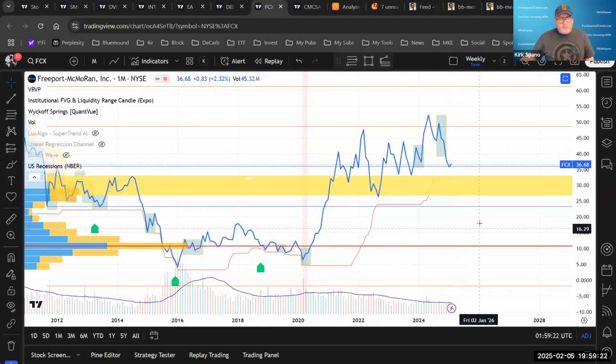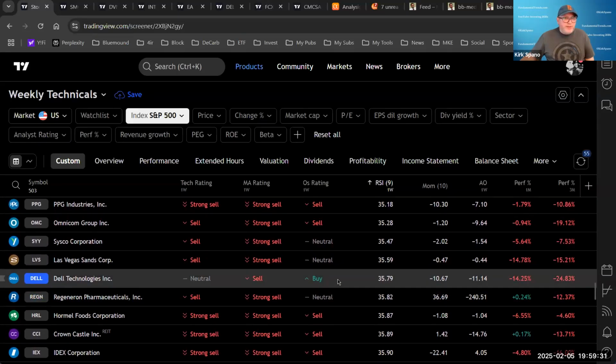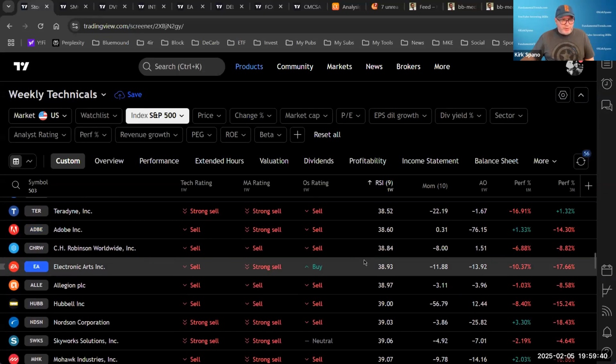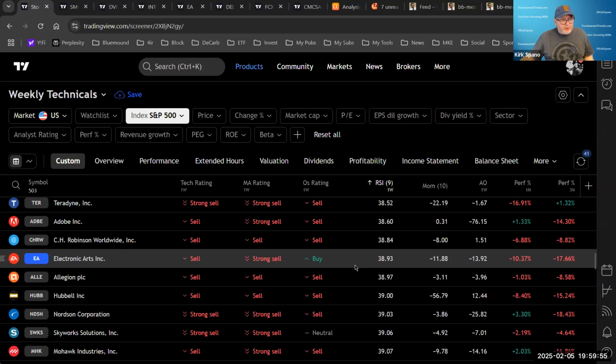If you can get it cheap, you probably want to buy it cheap. Dell Technologies, who are they taking business from? A little company called Supermicro that I was short on until recently. I covered my short on Supermicro, by the way, just because it was kind of expensive and I was up, so I took the money. Electronic Arts, I think that's a pretty good company in general,